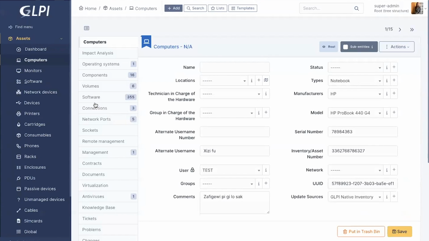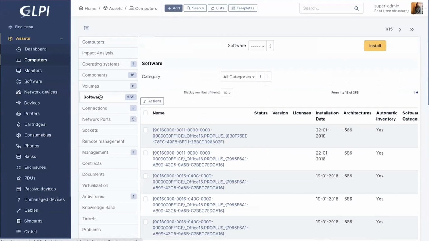All the information displayed is available with a native inventory feature. You can access to, for example, the manufacturer of your computer. You can assign the technician. You can see where it is located, and all the information on the left side, for example, the information regarding the operating system, regarding all the software installed,